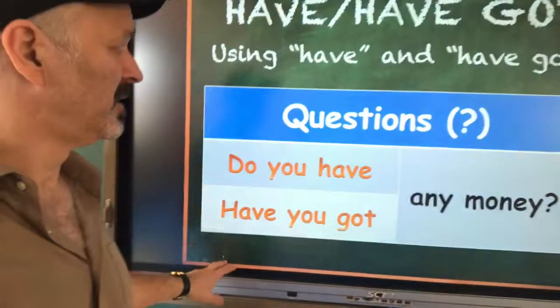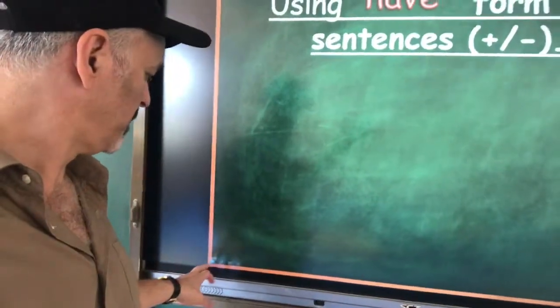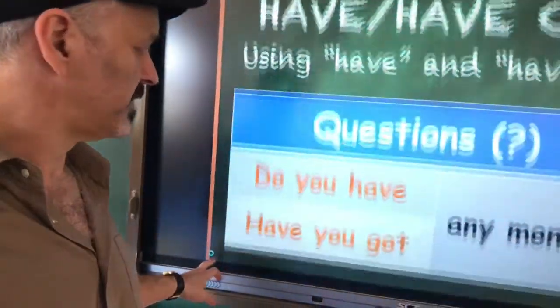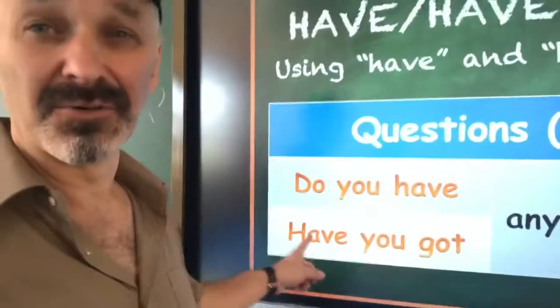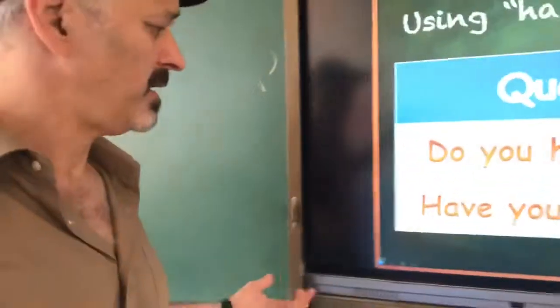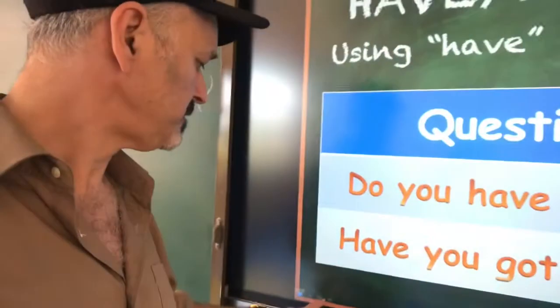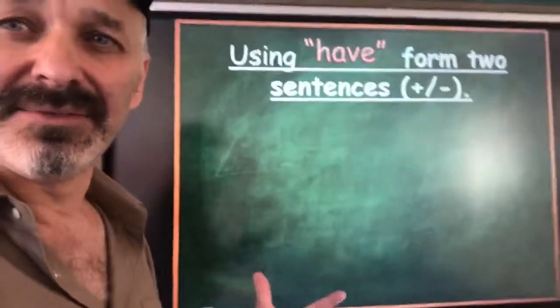So we go through how to format questions with have and have got, and it's important. I think it's also important to make that distinction of when you're really using the auxiliary verb with have and when you're just using your main verb in a phrasal verb, not the participle. And then I turn to the first activity exercise.